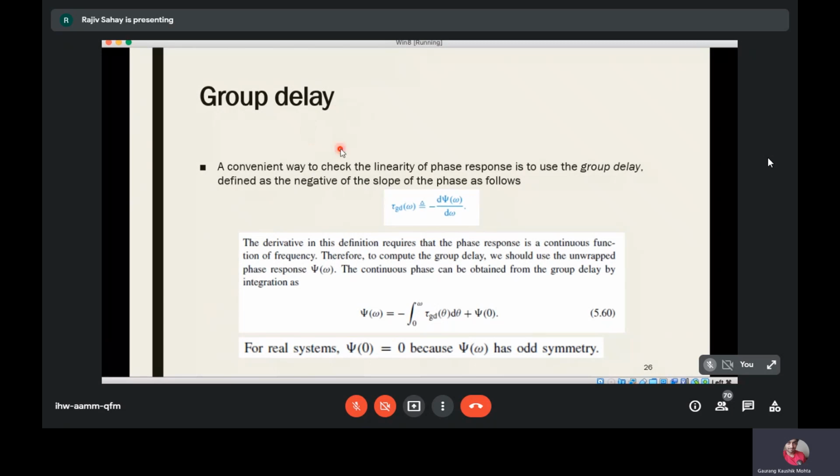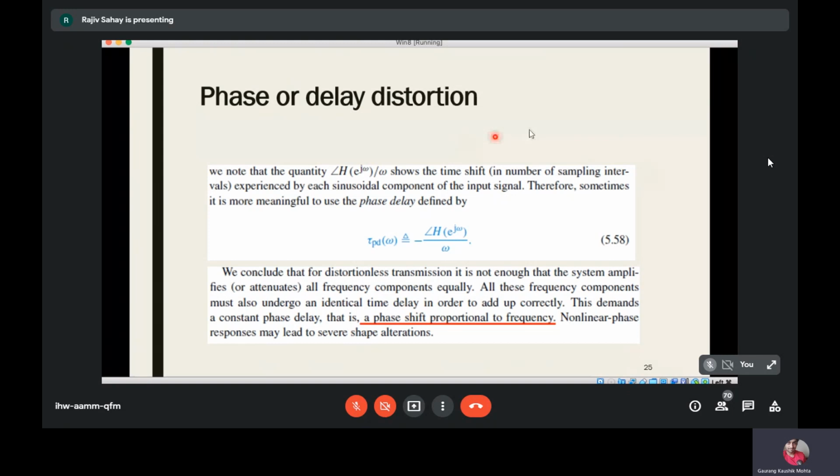So the last slide for today, this is called group delay. I'll not introduce this today. I need to talk about the derivative with respect to frequency of the continuous phase function psi of omega. I'll keep it for tomorrow. So I'll stop with the previous slide here. I don't have the time to discuss that. So group delay, I will talk tomorrow.